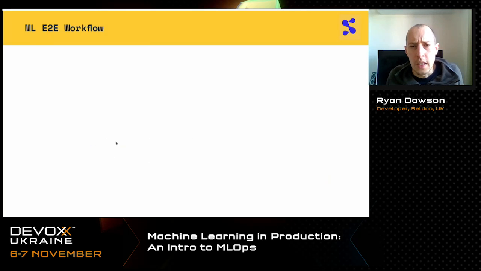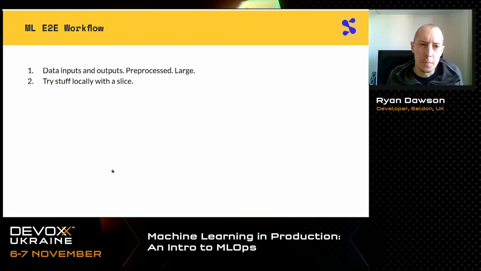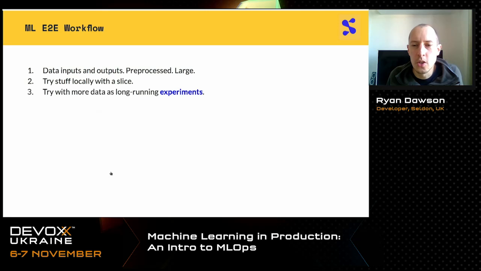As we've talked about already, a ML workflow starts with data. It can be very large and typically needs to be cleaned and processed. A slice of that data can be taken that a data scientist can work with locally to explore the data on their own machine. When the data scientist has started to make some progress, then they might move on to a hosted training environment